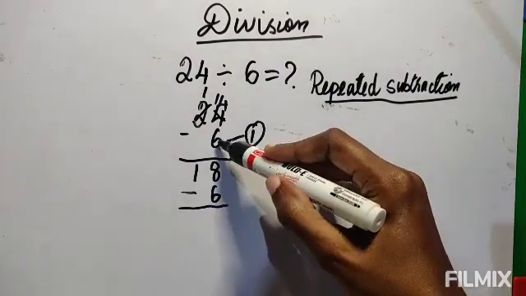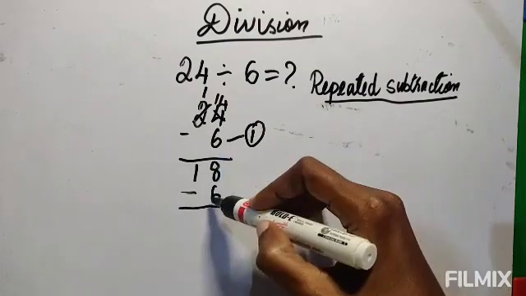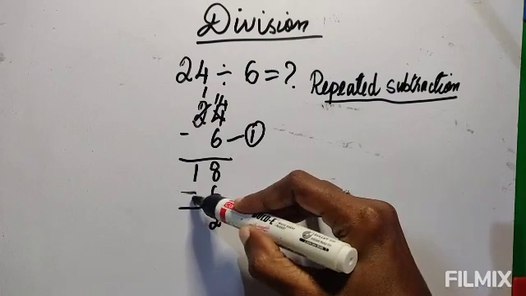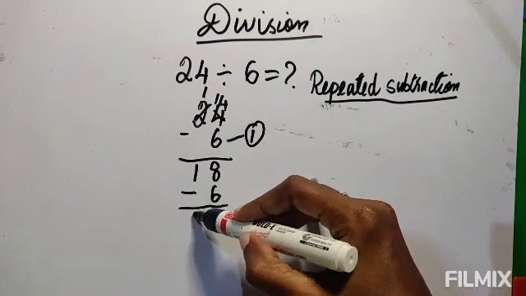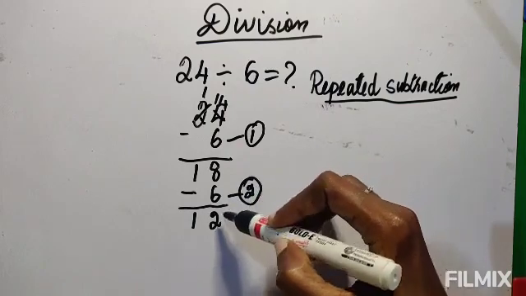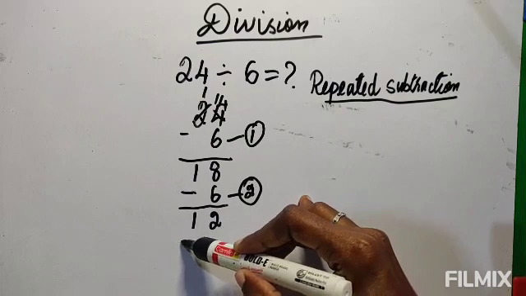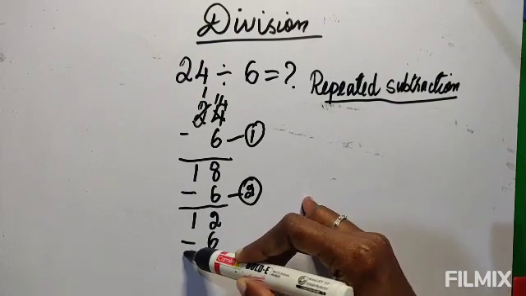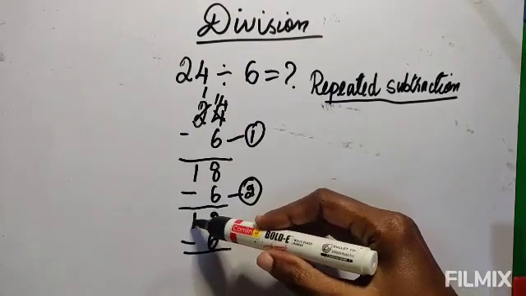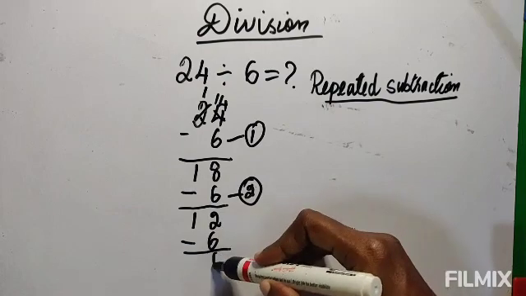Again we will minus 6. Repeatedly you are minusing the same number only. You don't search again for which number to minus. 8 minus 6 is 2. Here there is no number to minus, so this 1 you will write as it is. So this is the second time you have subtracted. Still we didn't get 0, so again you have to minus. 12 minus 6. You cannot minus, so you will borrow. 1 is this, so we can take it directly as 12. 12 minus 6 is 6.